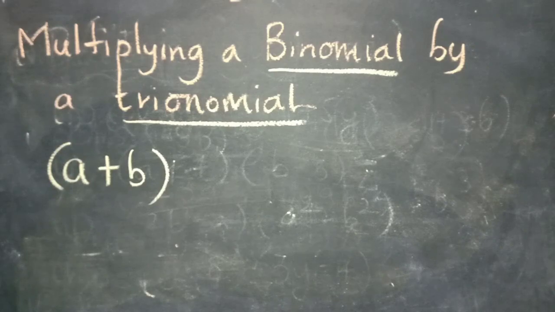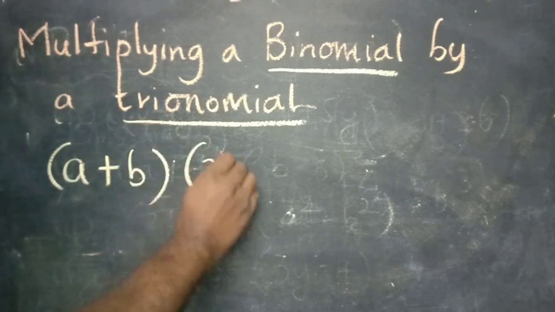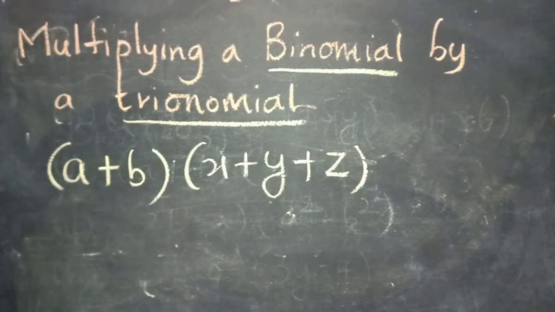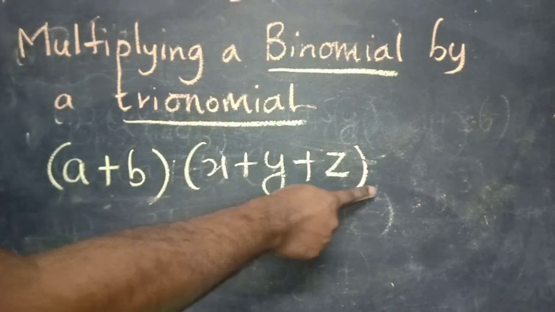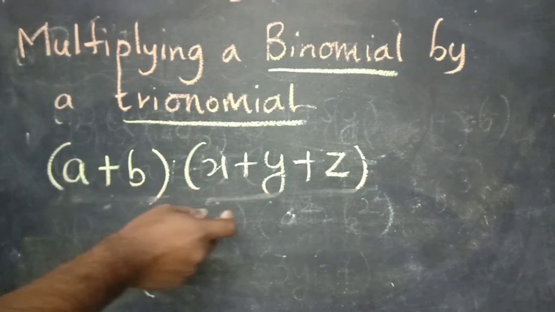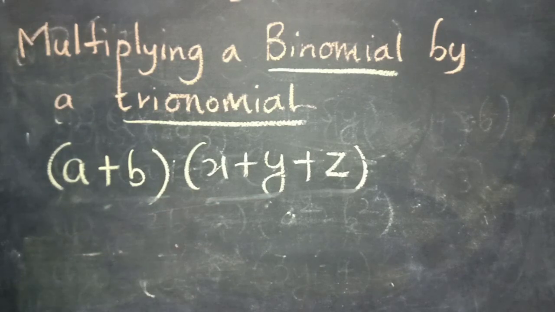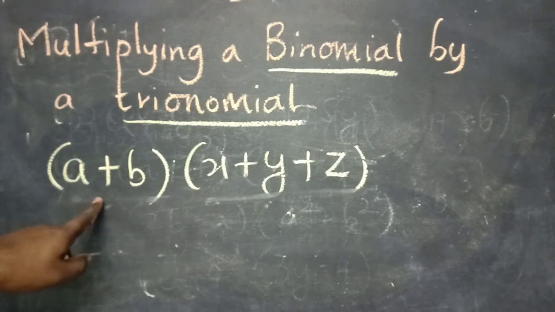It should be multiplied with the trinomial x plus y plus z. Now what we are doing here? We are multiplying a binomial term with a trinomial. Two terms is called a binomial, then the trinomial contains three terms. Now we'll see how to multiply a binomial term with